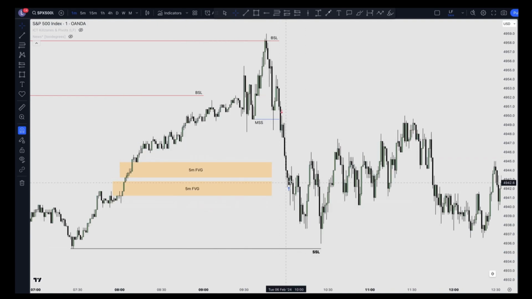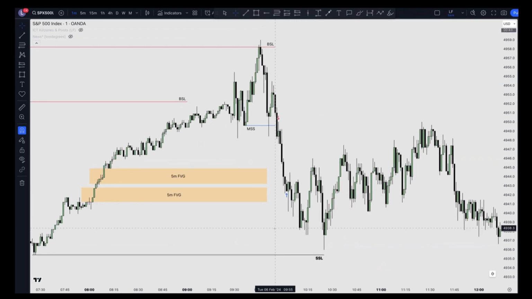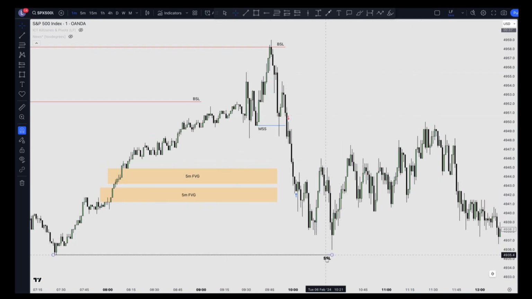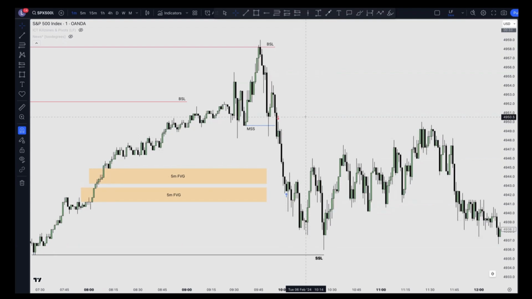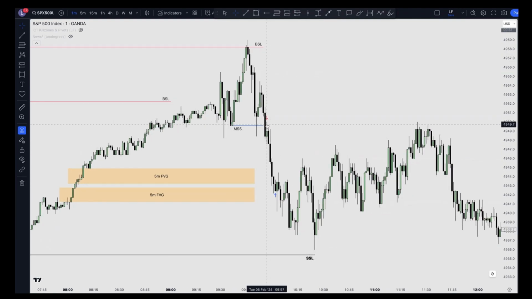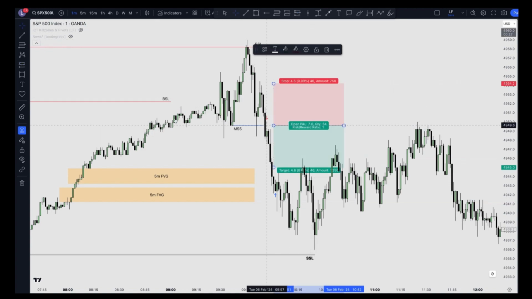value gap. And you'll be asking me, Les, why not target the sell side liquidity? Because as you can see here, price actually consolidated. It did not actually reach all the way down to the sell side liquidity. That's the beauty of lower time frames. If you enter a trade here, for example, you enter a trade here,